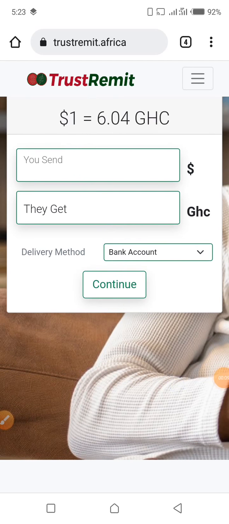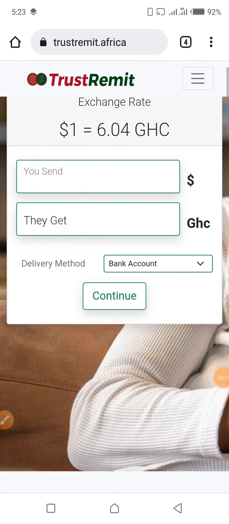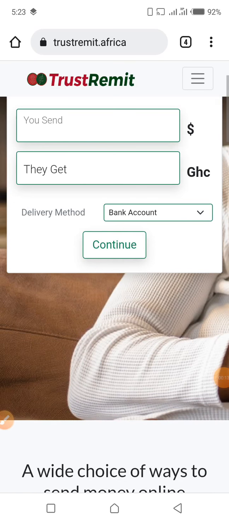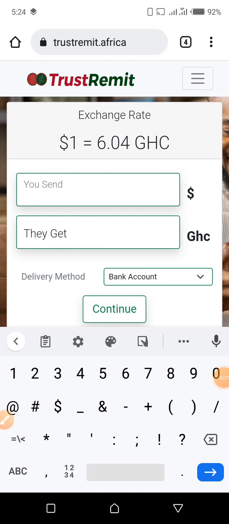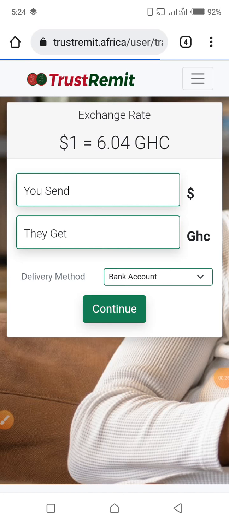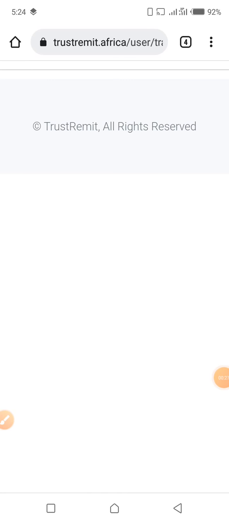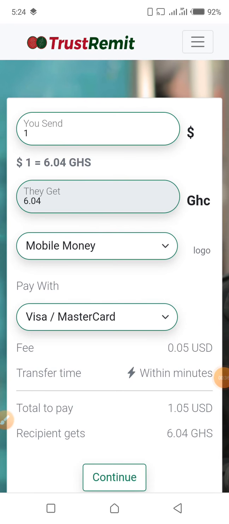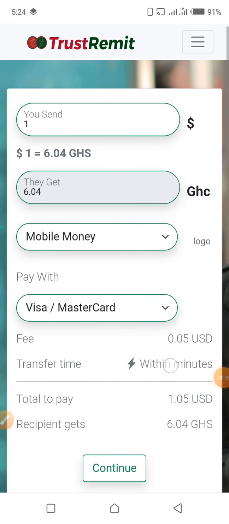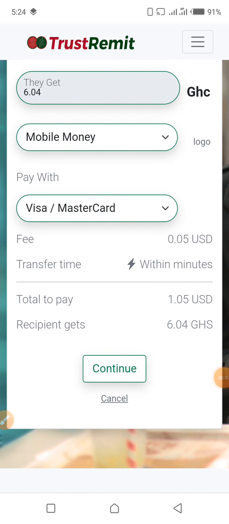Okay, first of all, when you first open the application or the website, this is the first page that is going to appear. You can click on continue, or you can fill this in, but even if you fill it, you still have to fill it again. So let me just click on continue, because it's going to take me to a different page where I'm going to fill in these details. That's the amount of the Trustremit, the amount of the GHS I want to buy, and then I click on